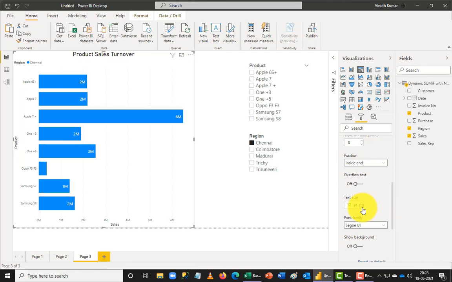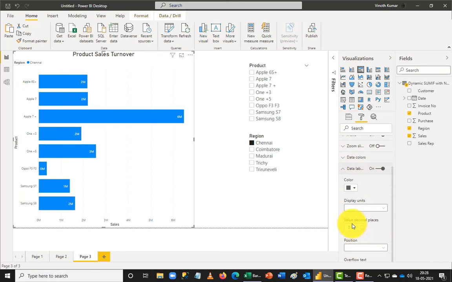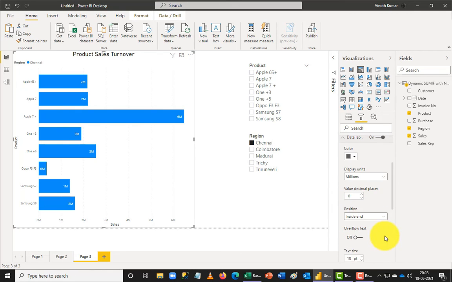So let me make it maybe a 10. When I make it a 10 here, I can see that, but still my data are showing 0 million values, because I don't have the decimal portion coming up here. But still I can see the data completely here when I reduce the size of the data.